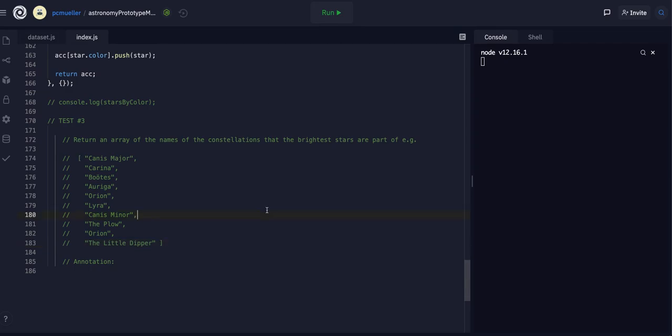And in this case, we are looking to return an array of the names of the constellations that the brightest stars are part of. E.g., we have a list of what look to be strings within an array. Okay, straightforward enough, pretty simple output. But how are we going to do this? I think it's phrased a little confusingly,